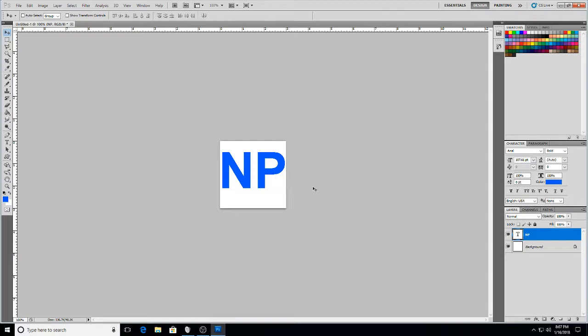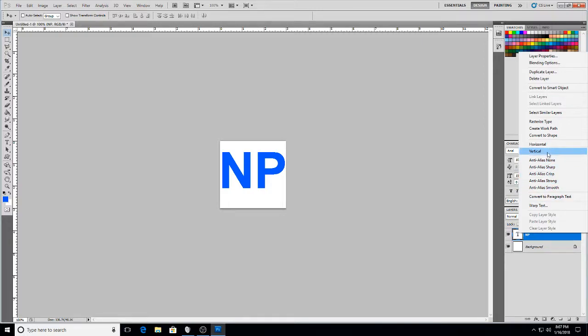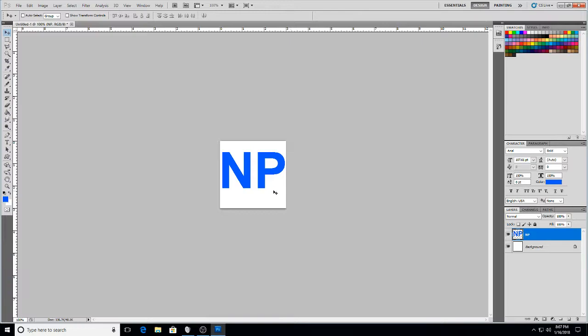Alright, and now what I want to do is turn these into pixels that I can edit. So this is a text layer over here on the side. If I right click, then go to rasterize type, it turns it into a layer that I can edit. And now I can use my rectangle marquee tool, and the font I used for this was just an Arial